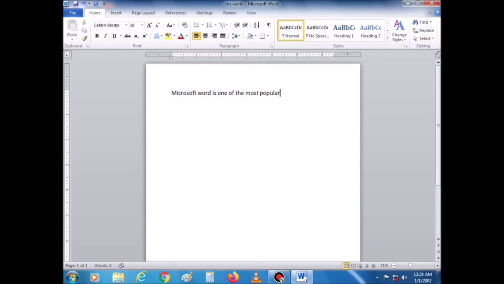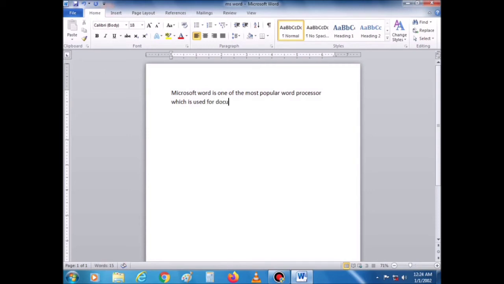Now place the cursor where you want to type the text and start typing. When you reach the end of the line, Word automatically moves the last word to the next line. You can use the Enter key to move to the beginning of the next line.